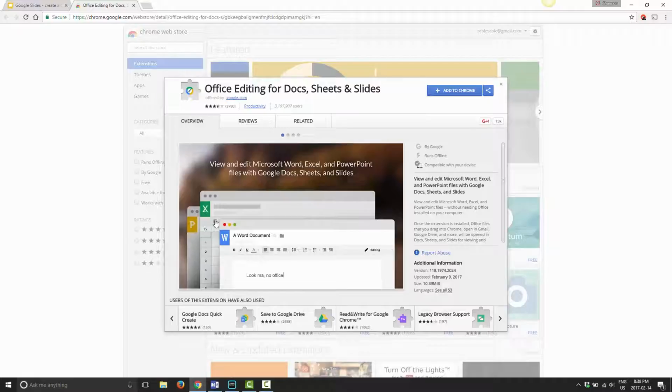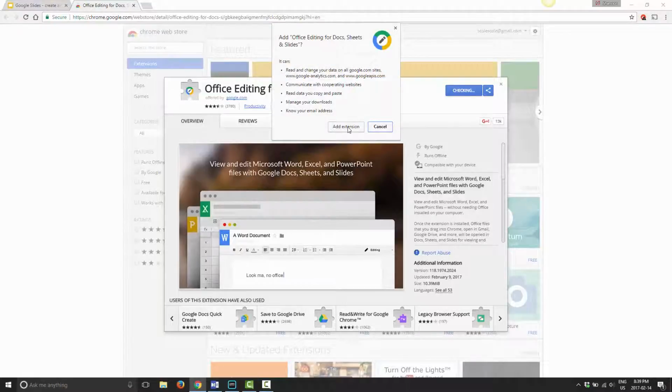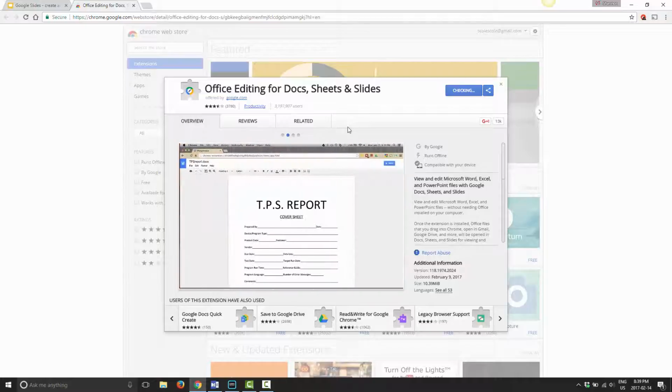So once you click on that, it'll bring you to the Google extension webpage where you see the offline editing for docs, sheets, and slides. So this extension works with all Google products such as the docs, sheets, and slides that are compatible with Microsoft Office. So once you're on this page, you go ahead and click on the link that says Add to Chrome, and go ahead and click on Add Extension, and just give it a minute or so, and it should install